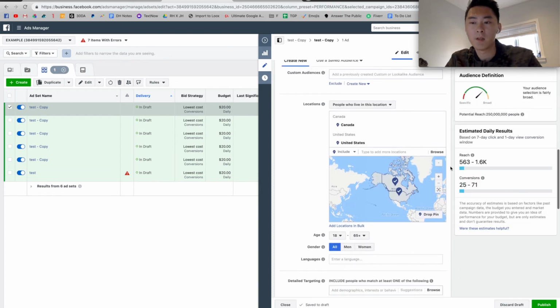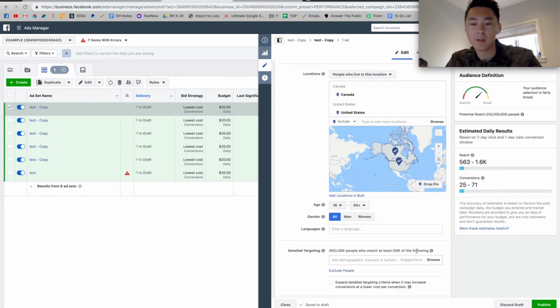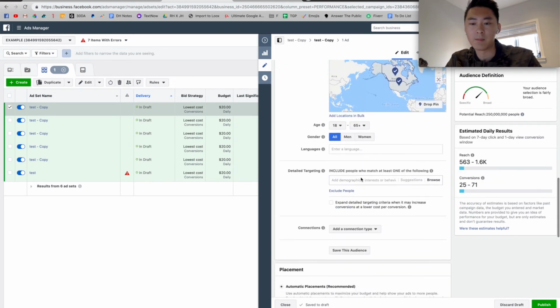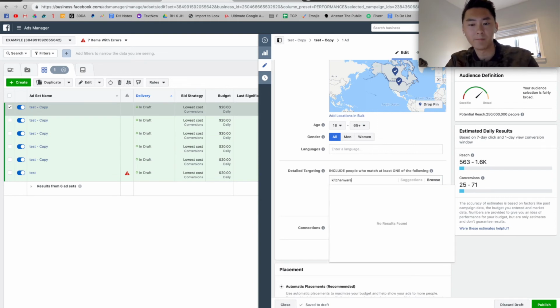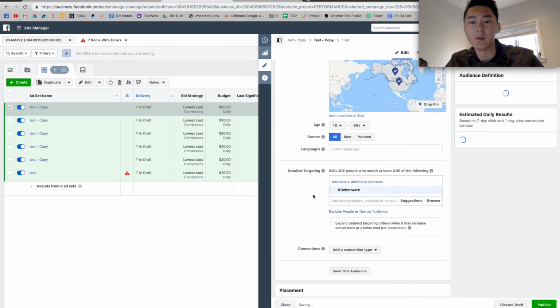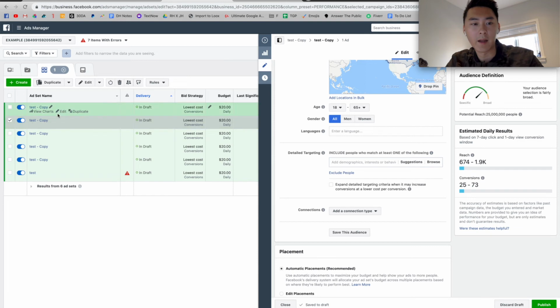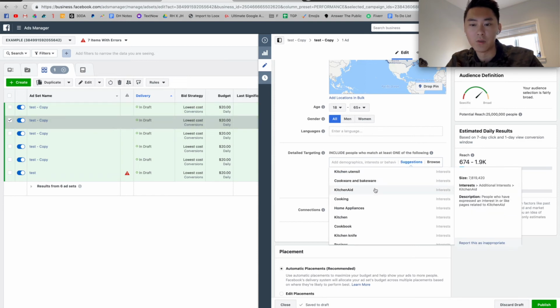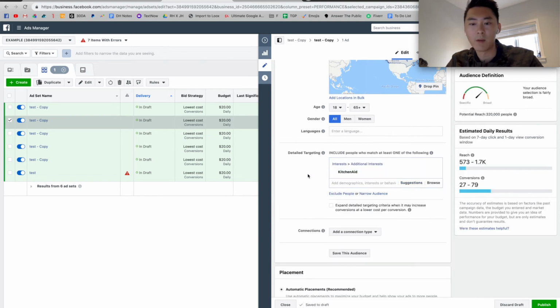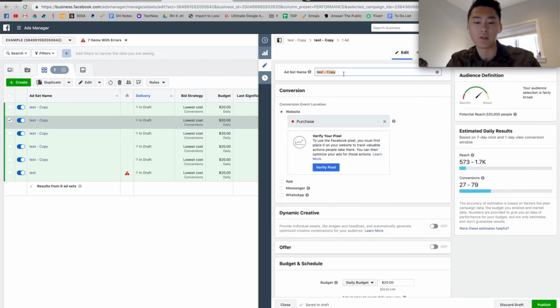So you can see potential reach 250 million people. This is where you're going to change the gender and age, but this is the most important. As we mentioned just now, we're going to do something like kitchenware. Let's see, kitchenware, there you go. Should be pretty easy. And then you're just going to name it kitchenware like that on the ad set level. You can do KitchenAid, we just mentioned that, a very popular brand. So all you're going to do is change it to KitchenAid, and then do like 25+ age or something like that, so you can really visualize it and make it more organized.